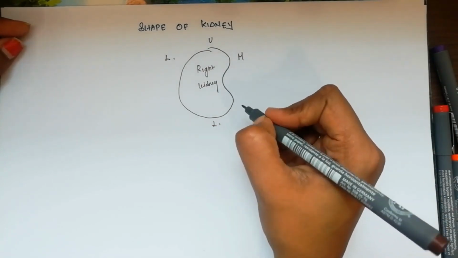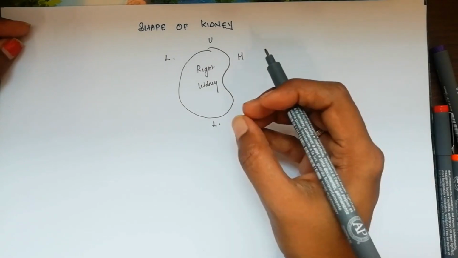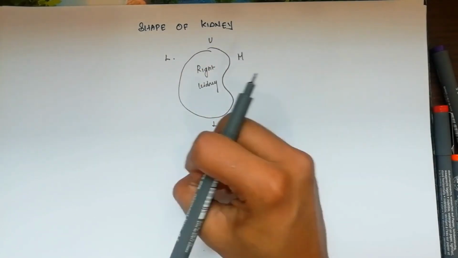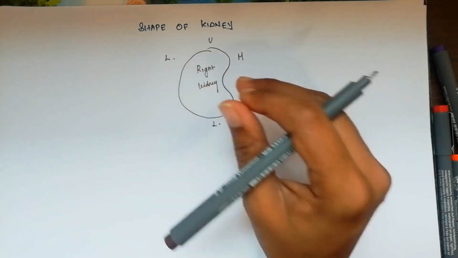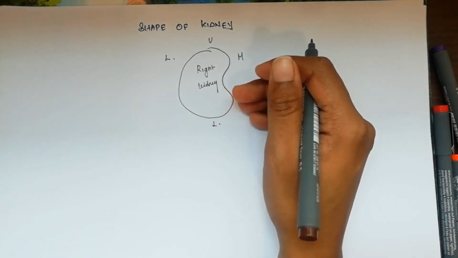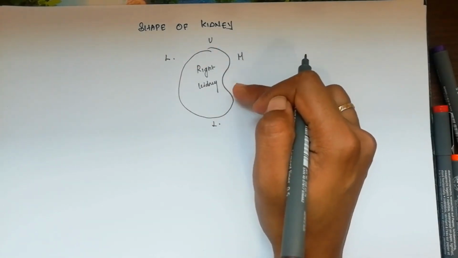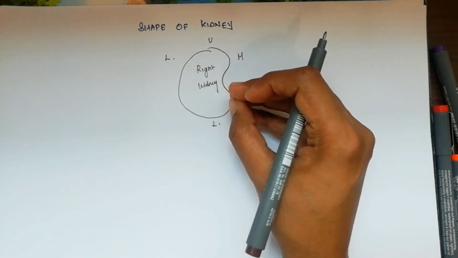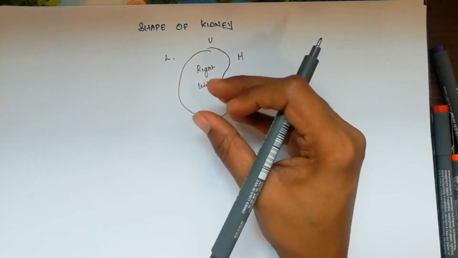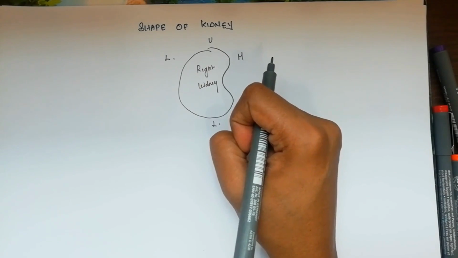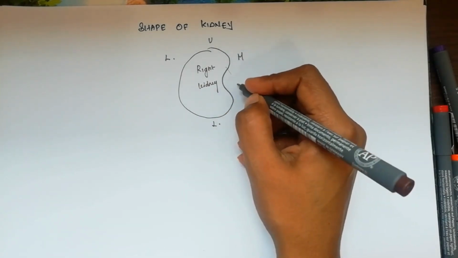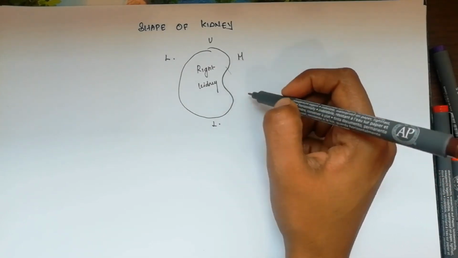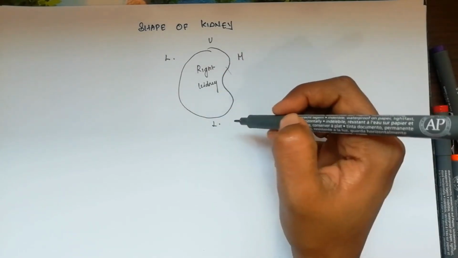And here some factors are there to maintain the kidney in proper position. First we have the pressure exerted from the neighboring viscera. Surrounding viscera are going to give some pressure which is going to hold the kidney in proper position. And we have some fascia covering this kidney, and that fascia is called the renal fascia, and some fat also will be seen surrounding it. Those also are features for holding the kidney in proper position. And then we have a root over here, we will call that the pedicle of the kidney, which is going to transmit vessels and ureter. Those are also some factors which are going to hold the kidney in position.